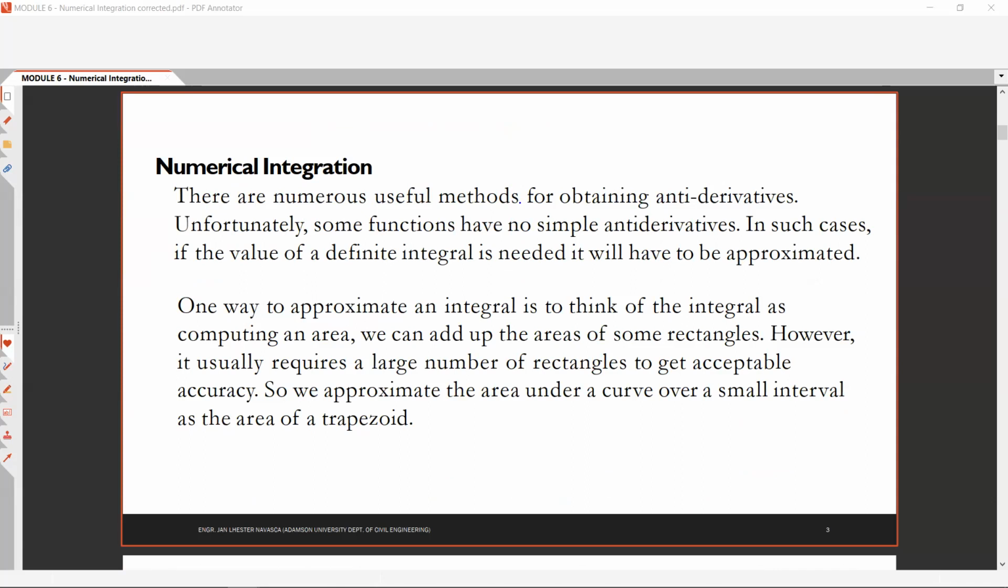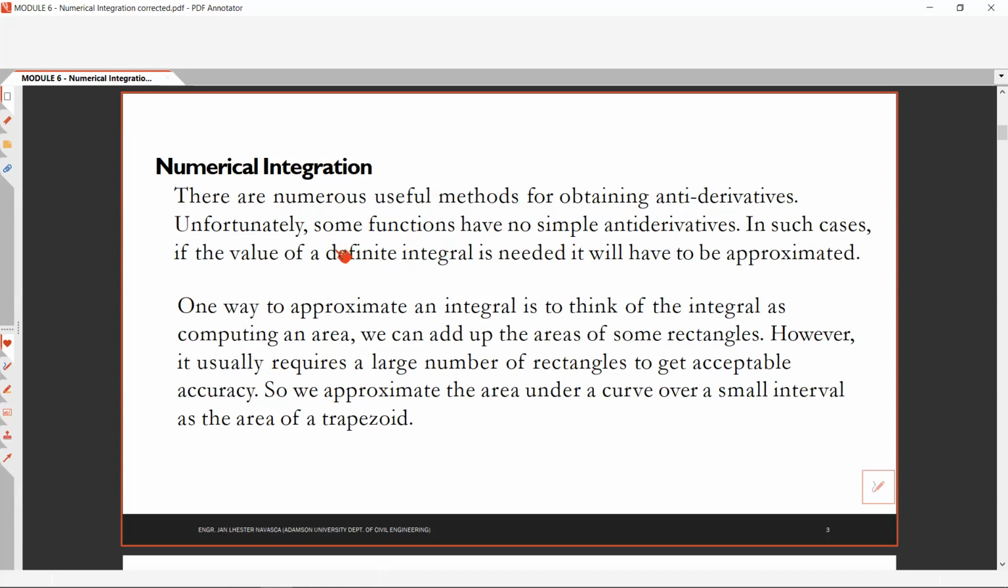So recall your integral calculus. Okay. So unfortunately, some functions have no simple antiderivative. Okay. Yes, there are some functions na difficult to find the integral of, di ba? So in such cases, if the value of the definite integral is needed, it will have to be approximated. Okay. However, if yung question is hinahanap is definite integral,